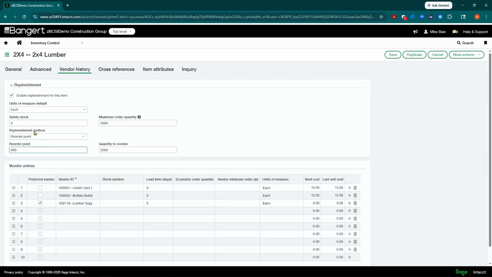You'll notice your replenishment method, you do want to make sure is on reorder point. Again, we'll talk about the other methods at a later time, but you want to make sure you're going to do reorder point for this item. You can also select a default quantity that will pre-fill in. When you do reorder, what's the quantity you want to reorder? Typically, we want to order at least 2,000 items or more. You can have that pre-fill in.